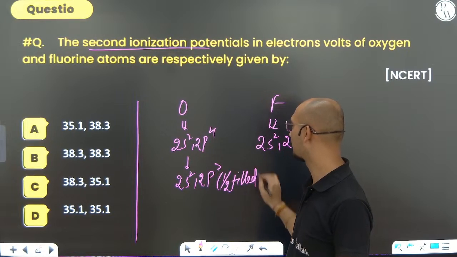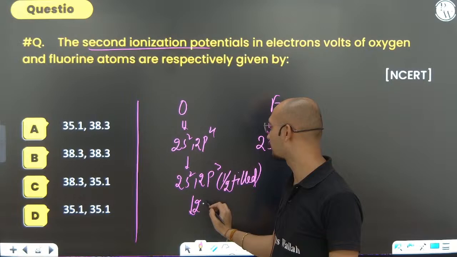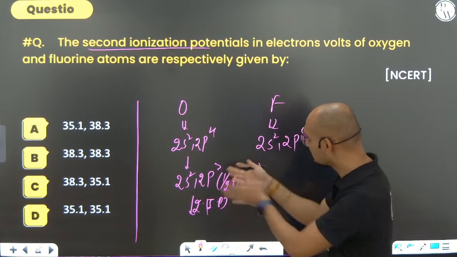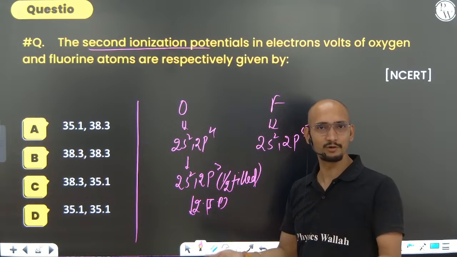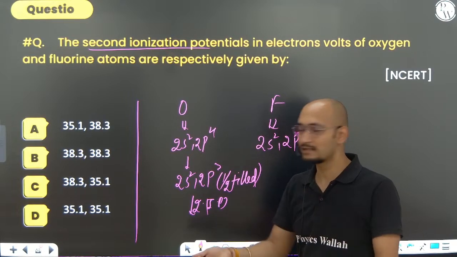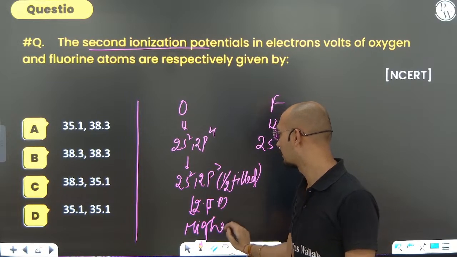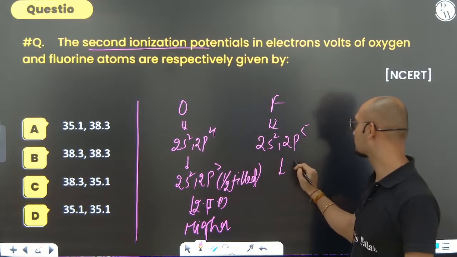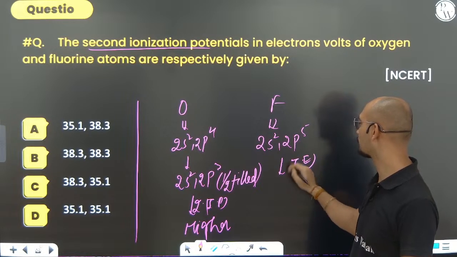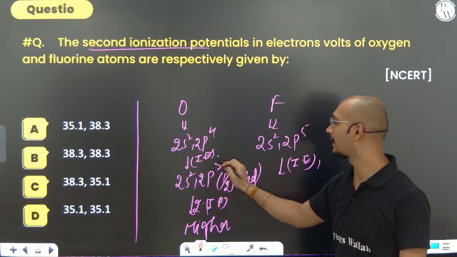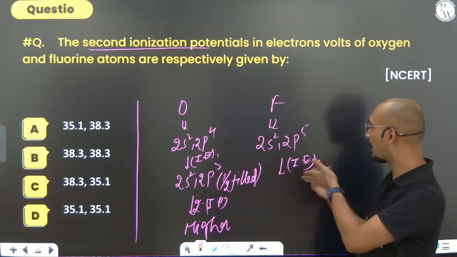Since it has become half filled, the second ionization potential will be very high, because it is more stable, so it will not really try to lose an electron. It will be a higher value. For the first one, IE1, IE1 for fluorine is